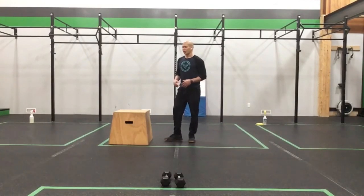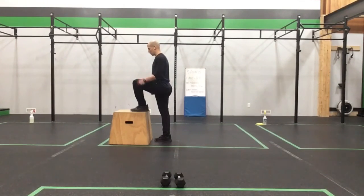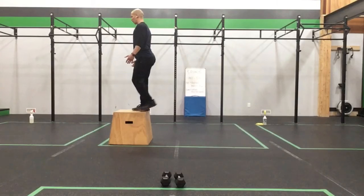The other option we have is the step up. So if you don't have an apparatus that you're comfortable jumping on, you can step up. So the step up, same idea, knee is over the heel, we stand all the way up, and we come all the way down, and we alternate. And you're going to do that for max reps